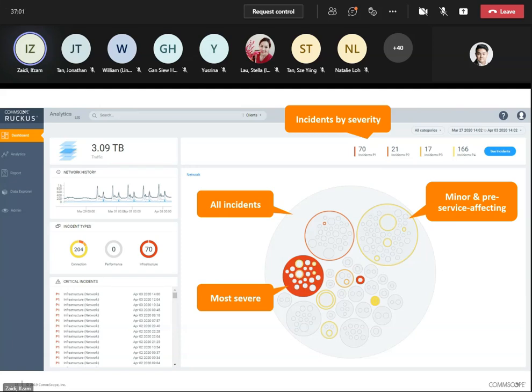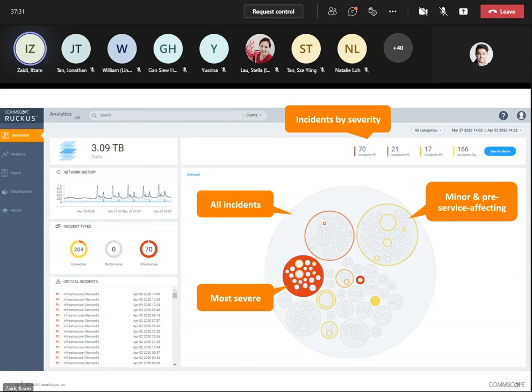You can see these dashboards, analytics, and if you click on analytics, you can see all of the incidents and other things. Later on, I will show you. It also generates the reports, the Data Explorer, and another thing is admin. You can see the admin, where we can do some things for the administrator.